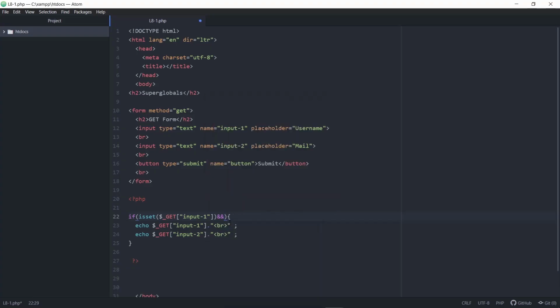We can actually just copy and paste this. So if is set, we can paste this here and we can change this to 2. And let's save this. Let's revisit our code one more time. So if is set input-1 with the get method is not blank, which means there is a value, and is set is input-2, which is also on the get method, essentially saying if both of these fields are not blank, then go ahead and do this bunch of code over here. Great. So now that we've double checked everything, we can save this up one more time, revisit our form,